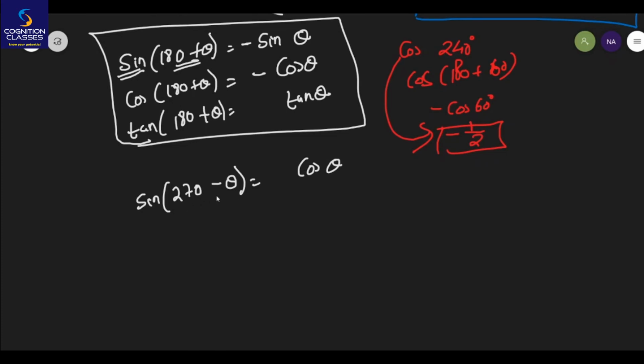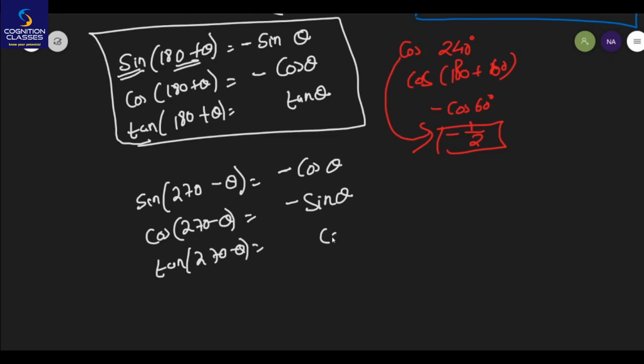Since we are considering 270 minus theta, it is in the third quadrant, so the value of sine will be negative, therefore I will put a negative sign here. Similarly, cos 270 minus theta, 270 degrees axis of change, so it will equal sine theta. Now 270 minus theta is in the third quadrant where cos is negative, so we will apply a negative sign here. Similarly, for tan 270 minus theta, tan will get converted to cot, so I will write cot here, and 270 minus means third quadrant where tan is positive, so it will remain cot theta itself.